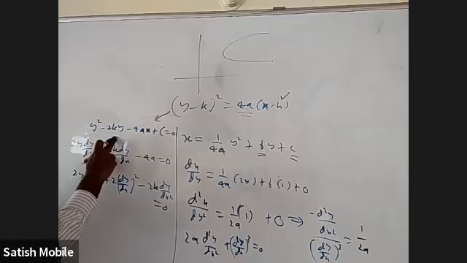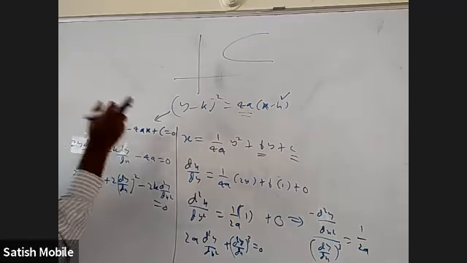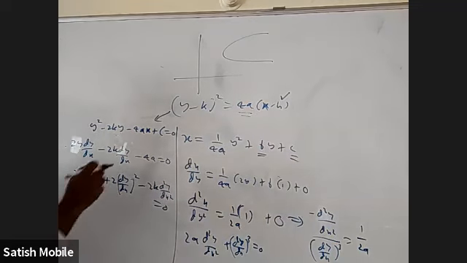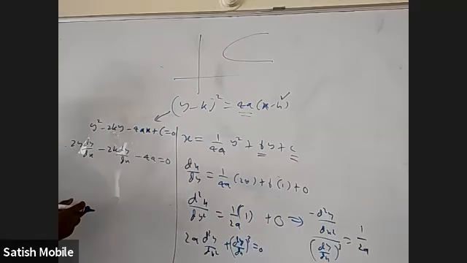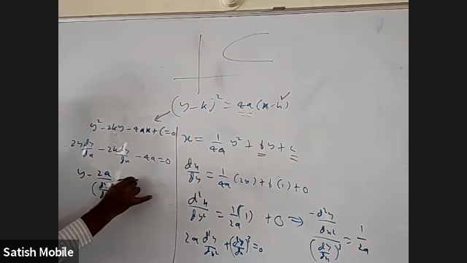Y square minus 2ky minus 4ax plus some c. So the first derivative is right, and we differentiated one more time. It's okay. So you can find k from here, but I'll just tell you another way. I can isolate k, right? Send this one that side and divide with 2 dy by dx. You will get y minus 2a by dy by dx is equal to k.